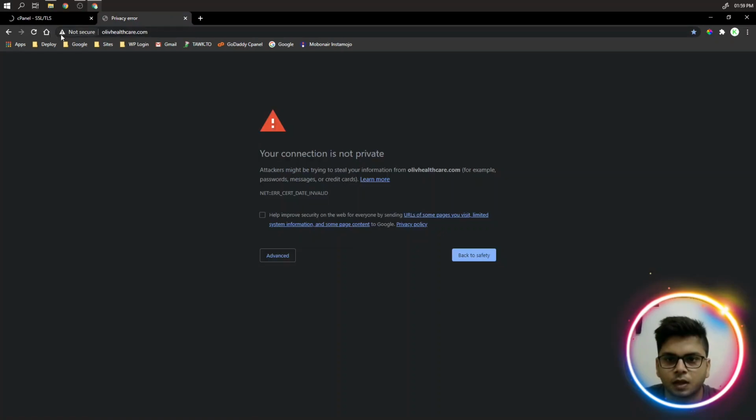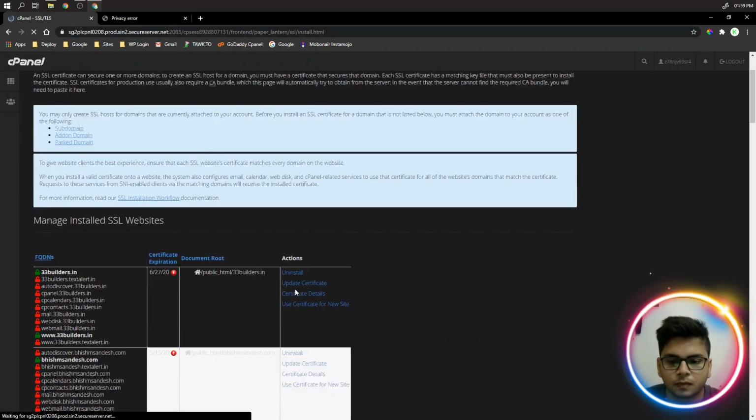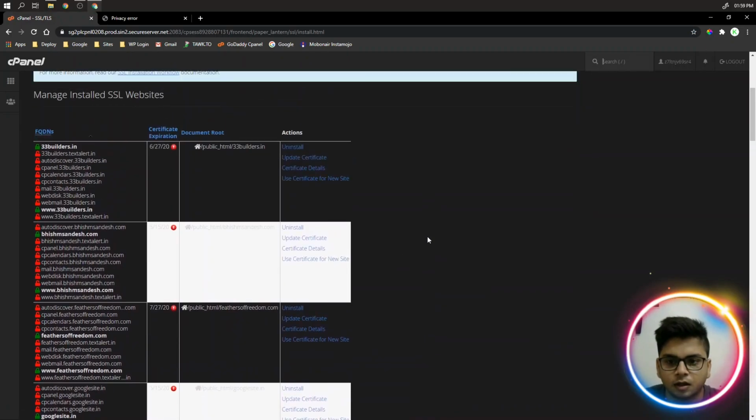Okay, now this website does not have SSL as of now. I will install SSL for 3 months for free. Here you can see all the websites hosted on this server. Also you can see their certificate expiration.